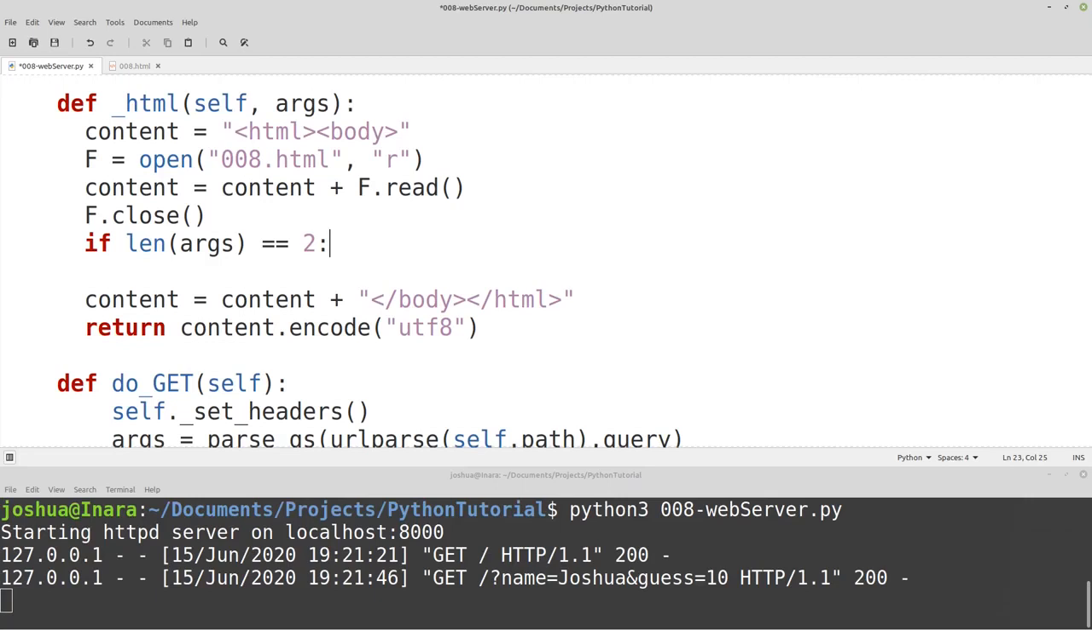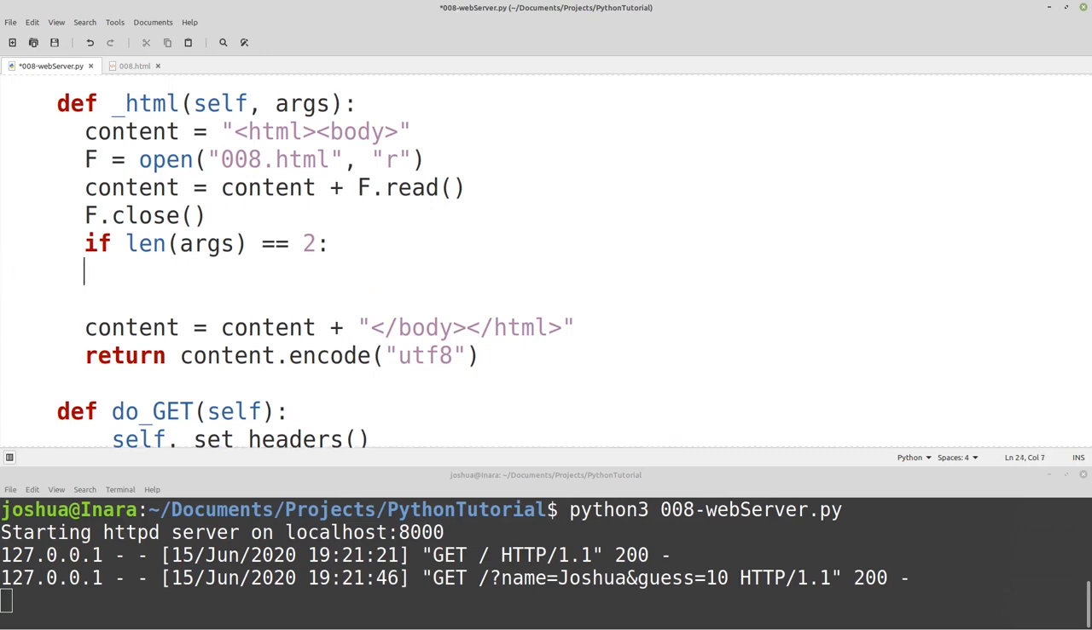We don't want to do anything. So I'm just going to say if the length of args is 2, then we want to add some additional data that says whether they were correct or not. Okay. So next, if length of args is true, so we have the 2 arguments that we want, I'm going to make another variable called guess, and then I'm going to do